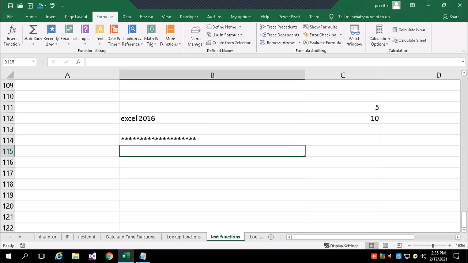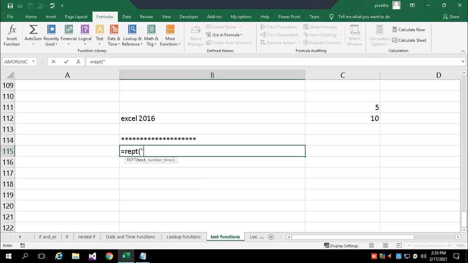You can see that the star is printed 20 times. So it's just repeating what I'm giving. What is my data, then how many times I want. So there are two arguments. What I'm giving is one text, which could be any text.